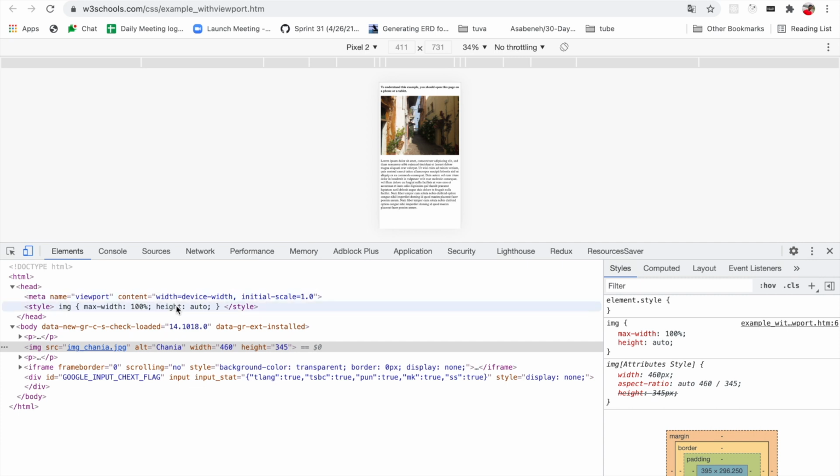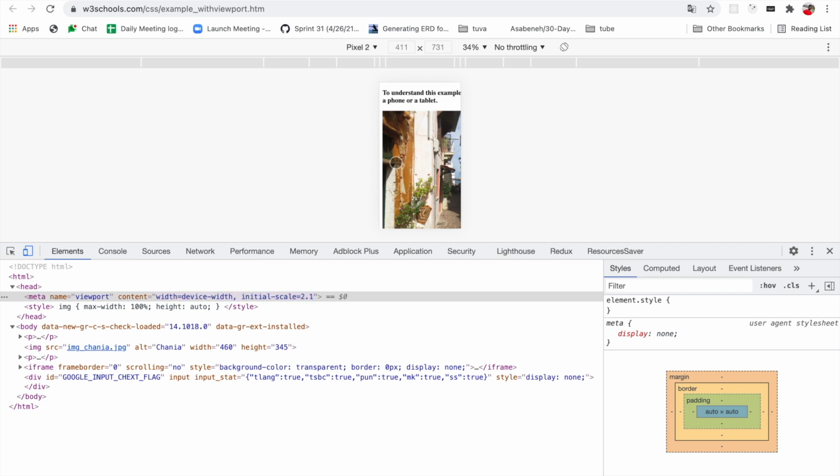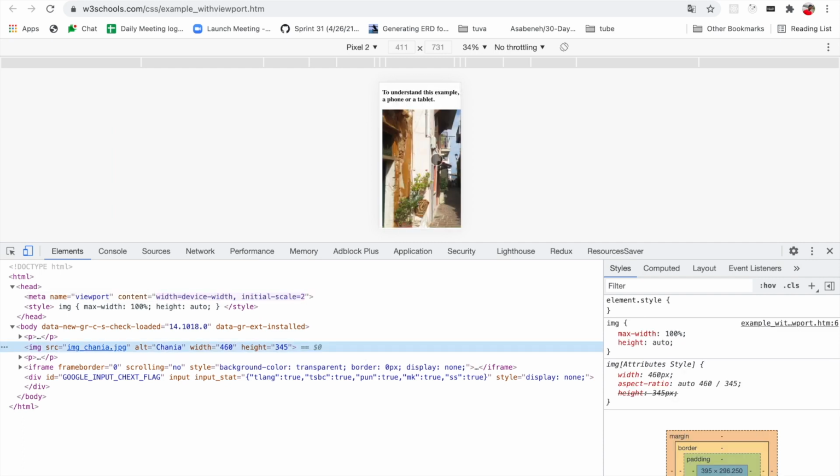Initial scale 1.0 means the actual size. If you increase it to 0.2, see how it looks. So it's now zoomable. It's double the width right now. We have given 2.1, it's almost double. Yes, 2. Right now it's double width. You can see many websites where we are unable to fit the size. We have to scroll to see the overall web page, right? This is the problem without using the viewport. Those websites do not fit within the mobile screen. All other screens are working fine.